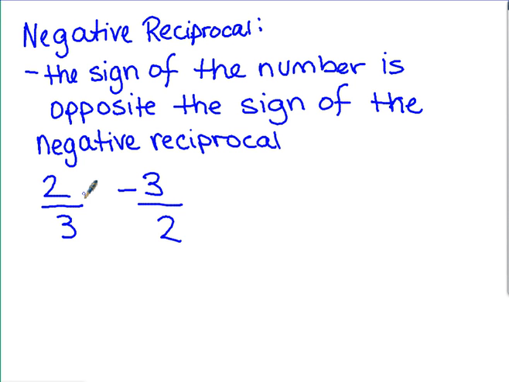So the sign before was positive, and now it's negative. If I took the negative reciprocal of negative 1/4, the negative reciprocal would be 4. We took the reciprocal of the fraction, and we also have the opposite sign. Why is all of this important? Because we're going to be dealing with negative reciprocals when we talk about equations of